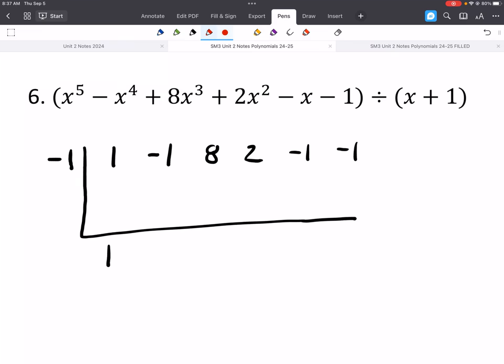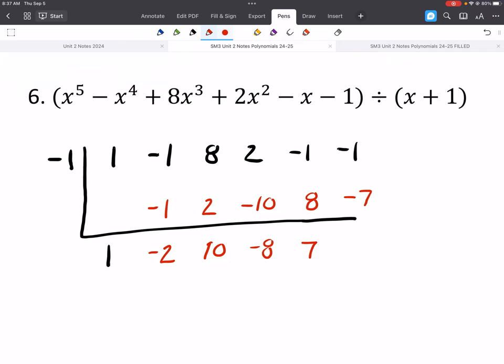So multiply would give us -1. Again, when I say multiply, we're multiplying those. Okay, and we'll add, so -2. We're going to multiply, so that's a +2. We're going to add, multiply, add, multiply, add,